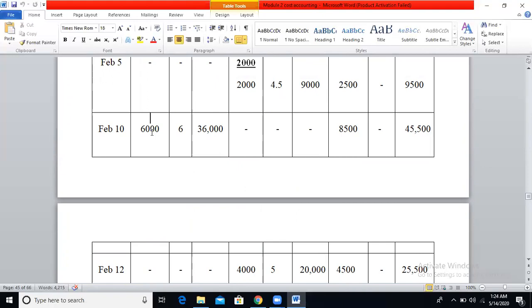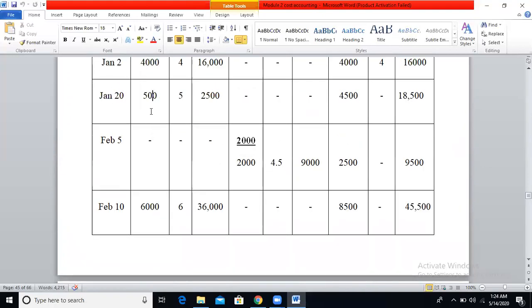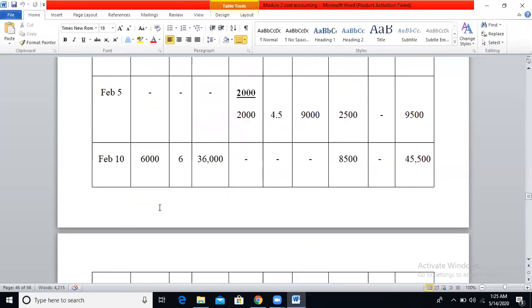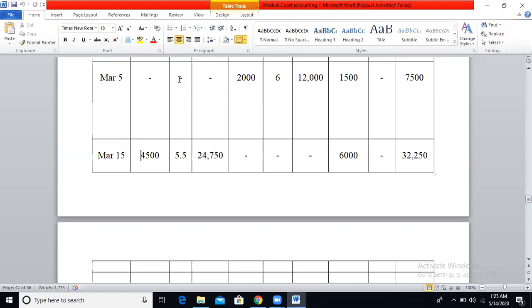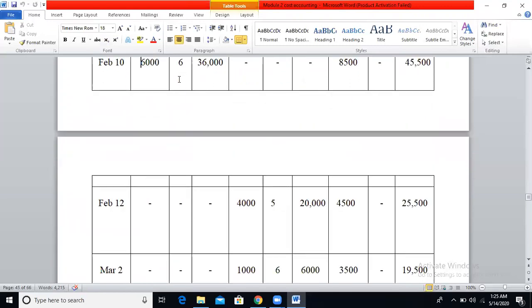It means all the units under 500 purchases and 4,000 purchases will be completely exhausted. Now these units are not prevailing. Now we are having only the 6,000 units. Out of 6,000 units, we are having only 4,500 units balance. So 4,500 units we will get here only. So you will consider only the 6 rupees. So the balance we will get in the 6,000 only. That's why we will consider the rate as 6 rupees. So 1,000 into 6, you will get 6,000.